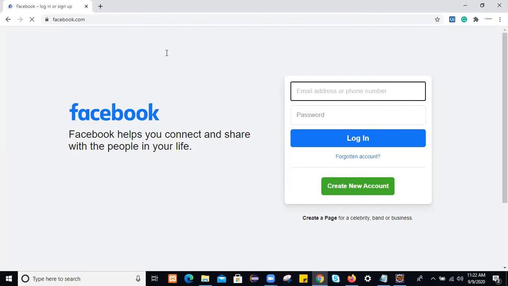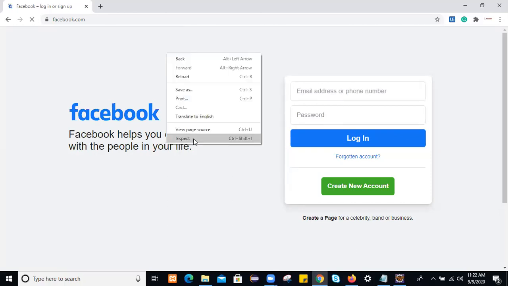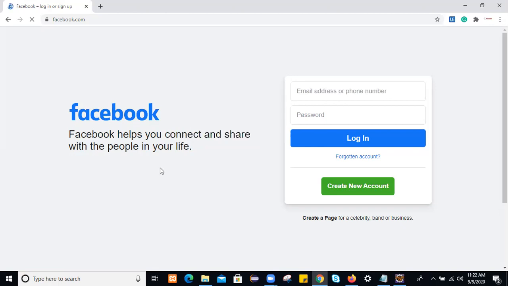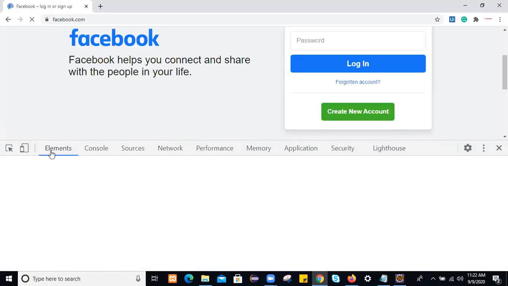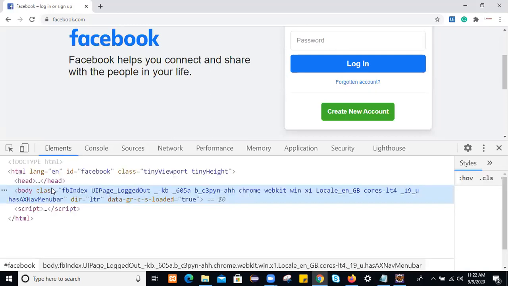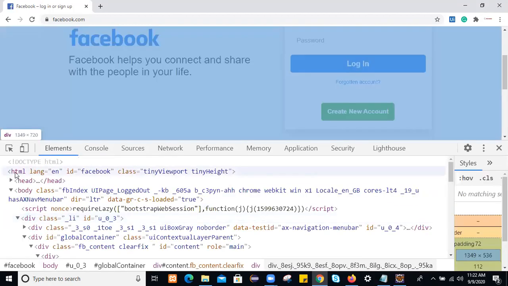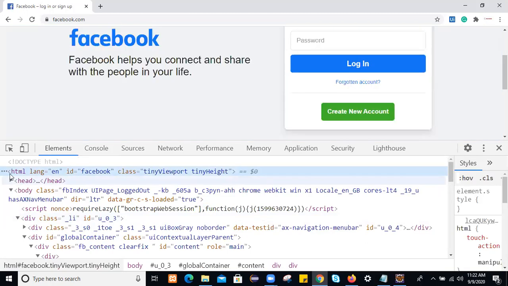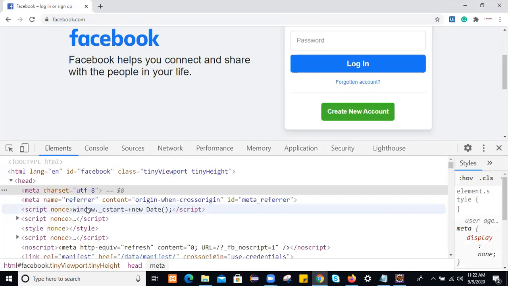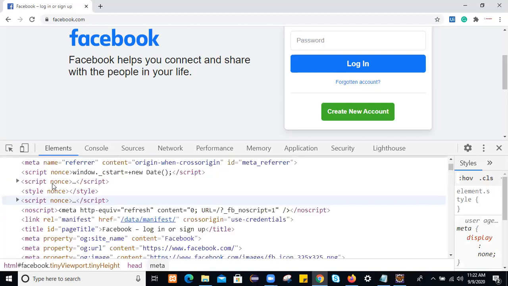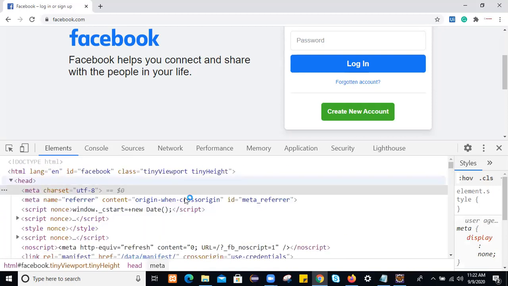For this, simply right click and inspect. Whatever HTML structure is there will get generated here, you see. These are the elements, and this is the root node, the HTML tag. This page will start from HTML. Under that you have these web elements, a head and body. If you want to generate any web element using absolute XPath, it will generate from the root node. So how to generate absolute XPath and relative XPath for an element?